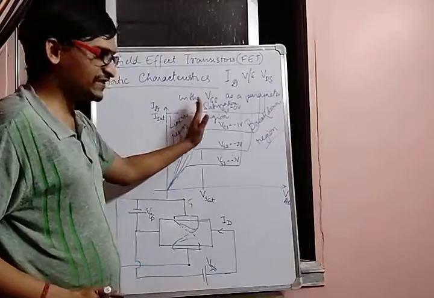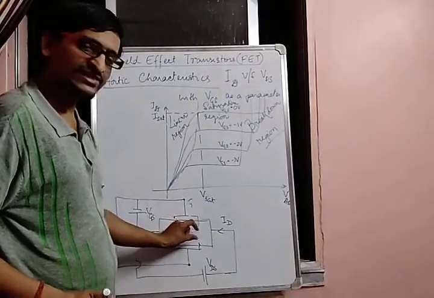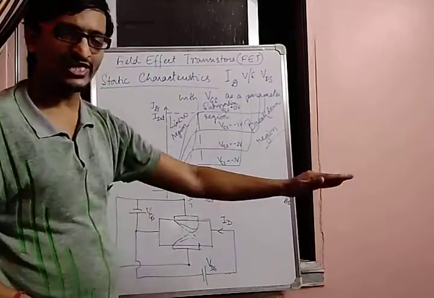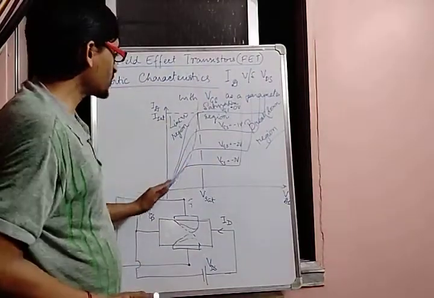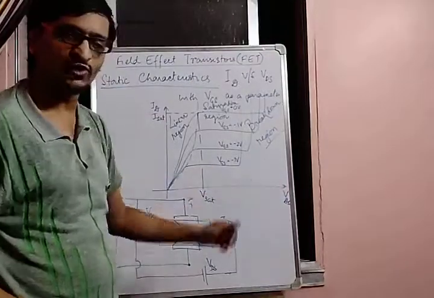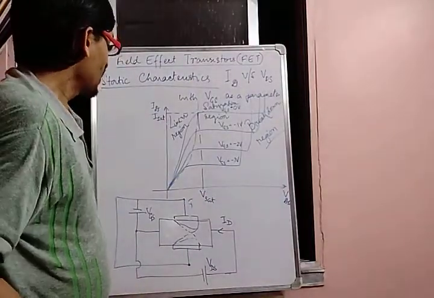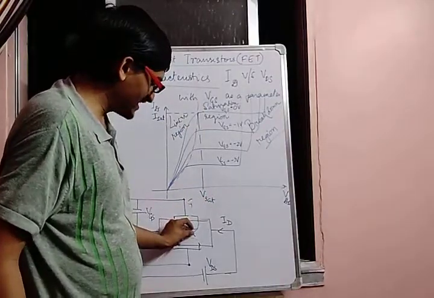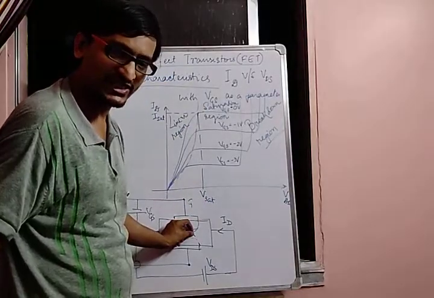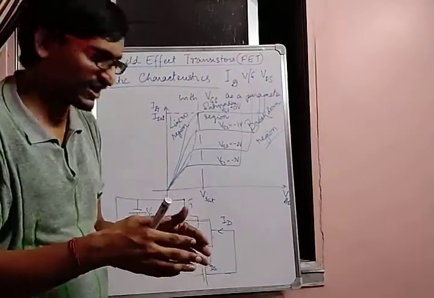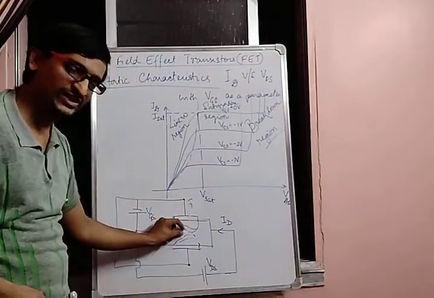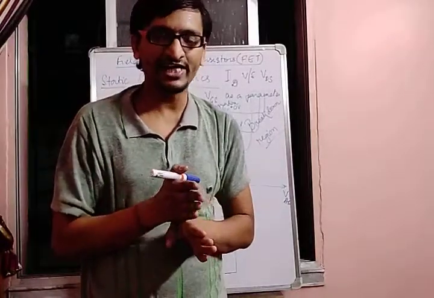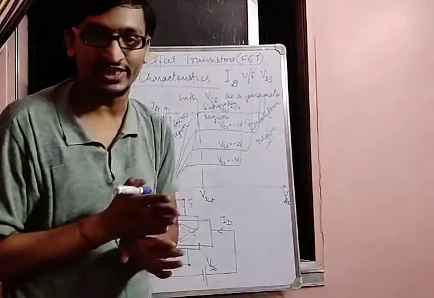Before this Vsat, there was a channel width through which your electrons can flow easily. So as a result your current was also increasing with the increase in your voltage. But as soon as your Vsat is reached, they almost come in contact with each other, and if you increase the voltage further, this point will just shift towards left. So as a result, current basically remains constant. It becomes independent of the applied voltage.